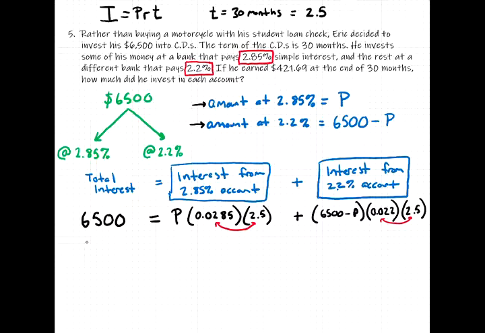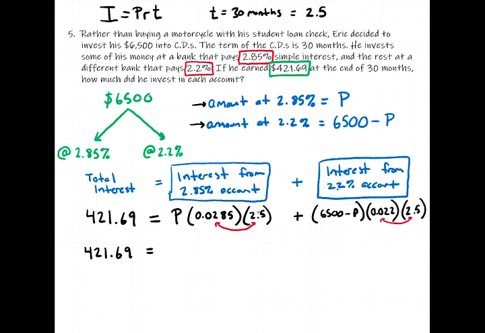Oh, sorry. That should not be 6,500. The total interest. Sorry, the interest. That's up here. That's the 421.69. Okay, that's better now that we've made that adjustment. So we've got 421.69 equals,